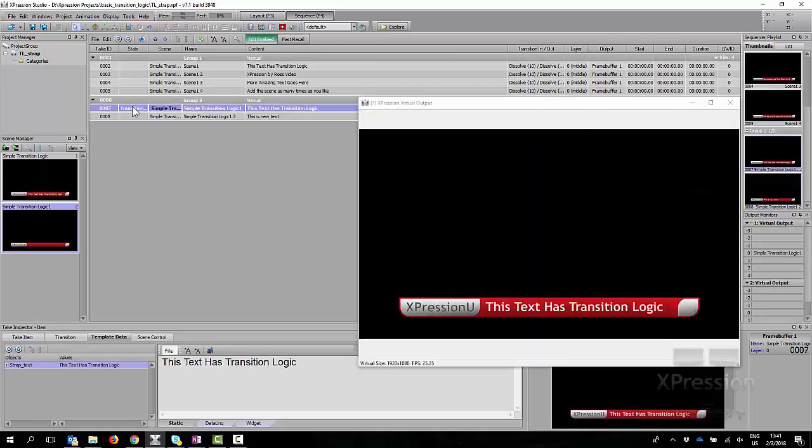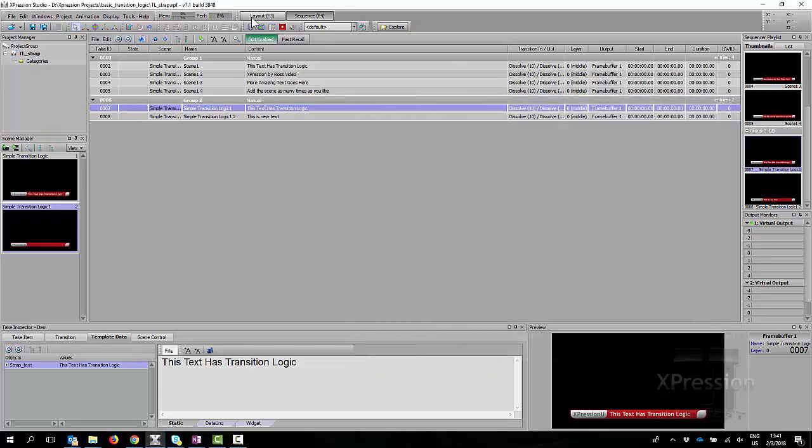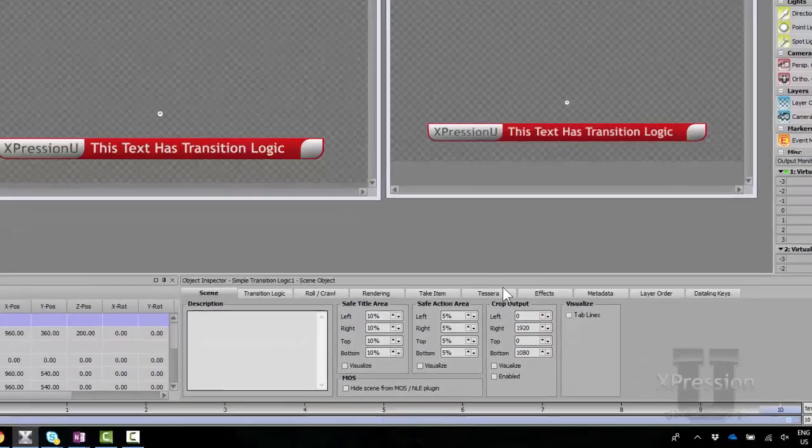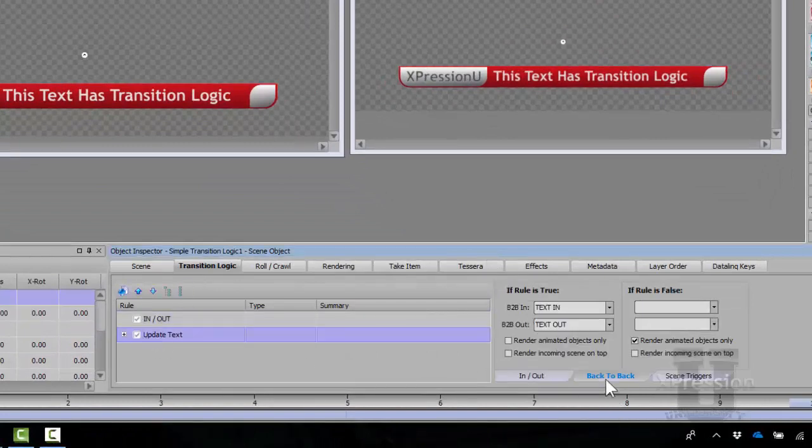So we're going to play this in. We're going to play the next one, and it's better because the mask is being rendered. However, we get this jump to the next one, so it's still not ideal. So actually we do want that checkbox on. So if we go back here, go and find that guy, and we're going to check that back on. However, now we're going to have that issue where the mask isn't being rendered.